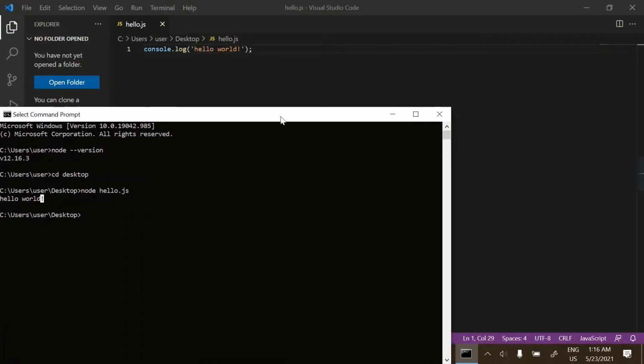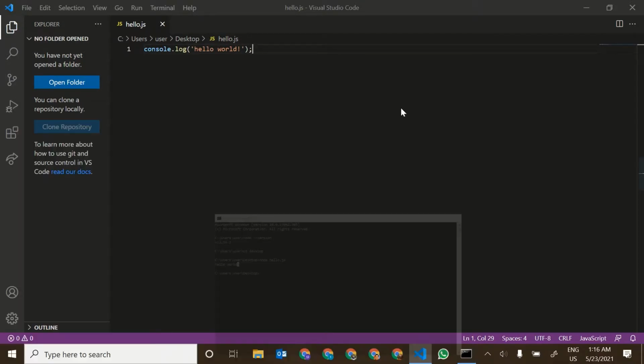Now let's go to the browser. For this we need a like a web server. I'm using XAMPP right now, but you can use any of these. And a web browser is also not necessary. You can just go to any random website